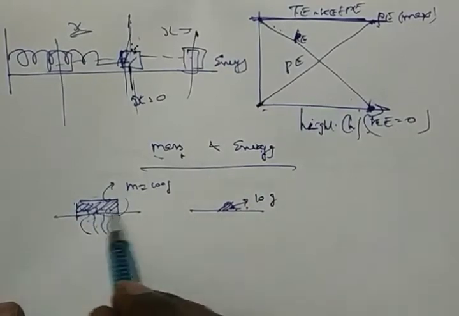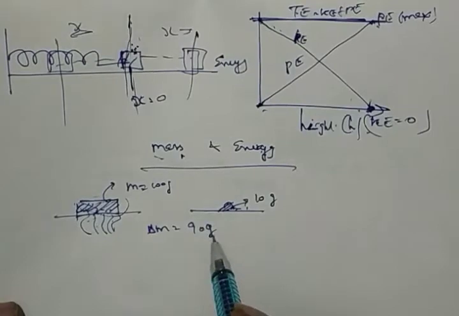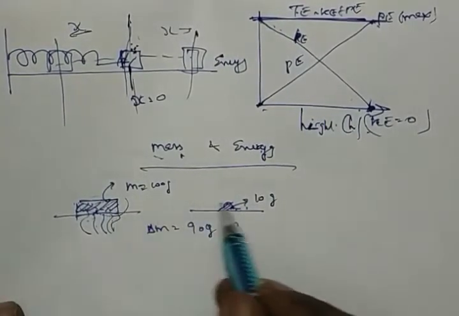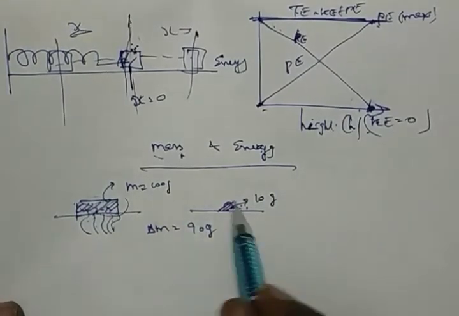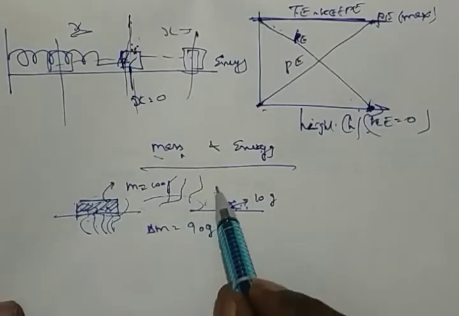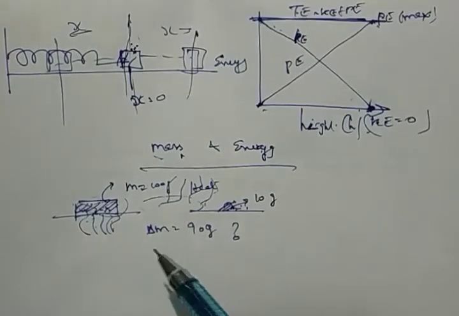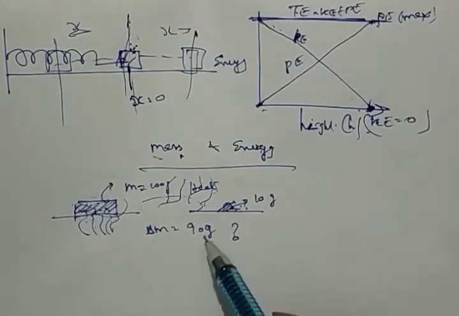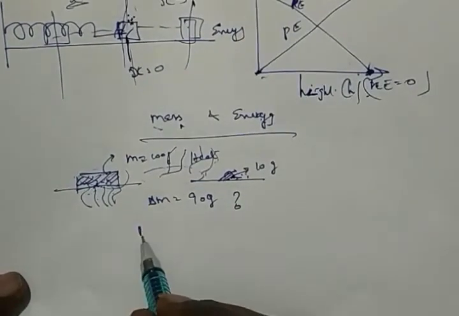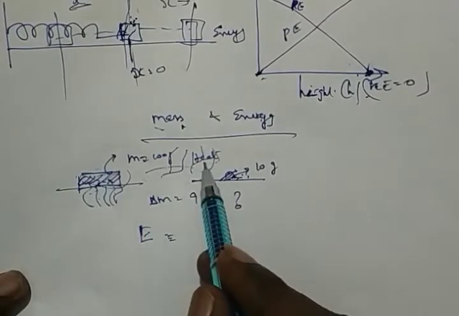How much is the difference in masses? The difference in mass is 90 grams. The question is, where did this 90 grams go? What happened to the change in mass? The change in mass has happened in the form of a flame. The flame went off. Heat energy went off. And maybe it could have produced some sound also, or radiation. So all those things. Now there is a change in mass. Okay. So how it happened is, the mass has been converted to energy now.